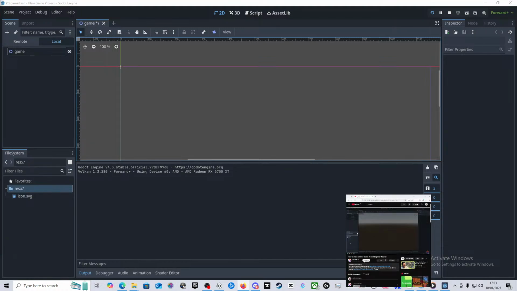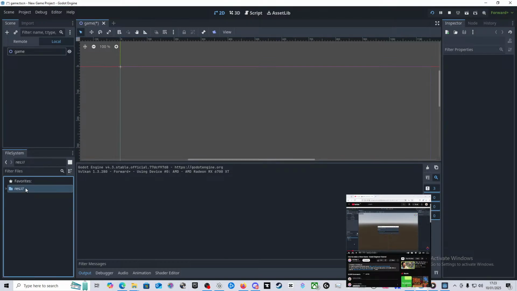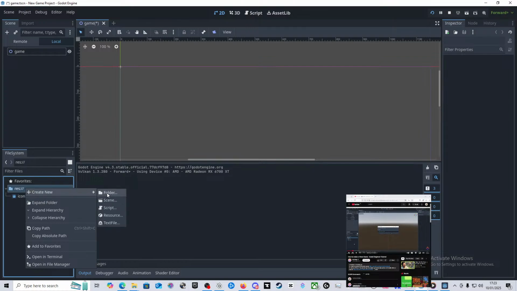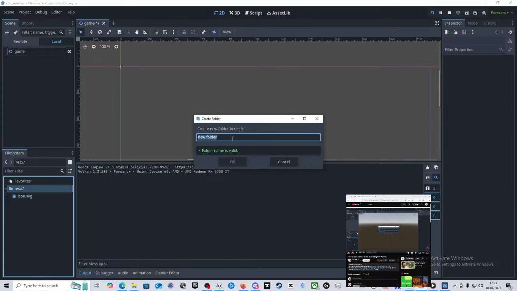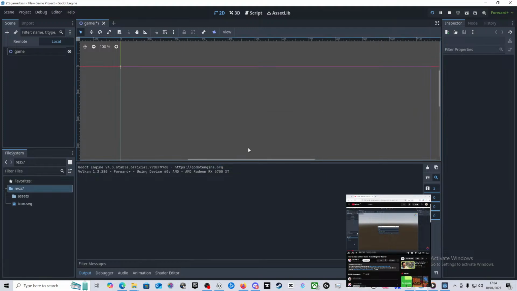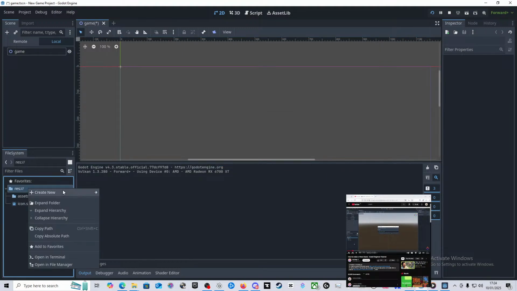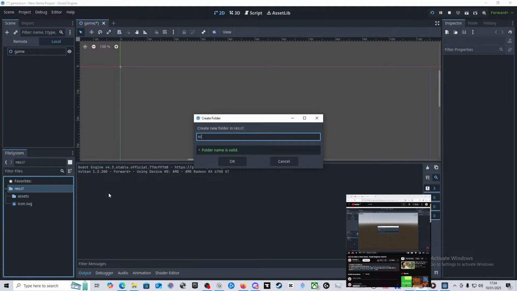So let's create a folder where we can put our assets. Let's right click, new folder, and name it assets. Let's also make one for scripts. So in there, right click, new folder: assets, scripts.